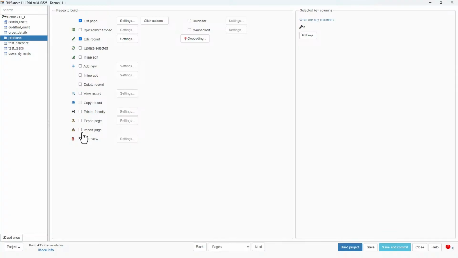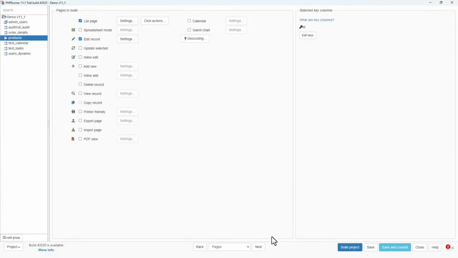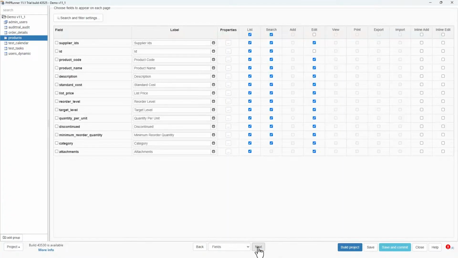I only need an edit page for here. Nothing on the settings, I think. No, nothing here. Let's just go next. Okay, here I will have to do a few changes. Let's see, remove that. I'll keep the ID on the list page, and maybe I don't need anything else here. I'm pretty convinced.